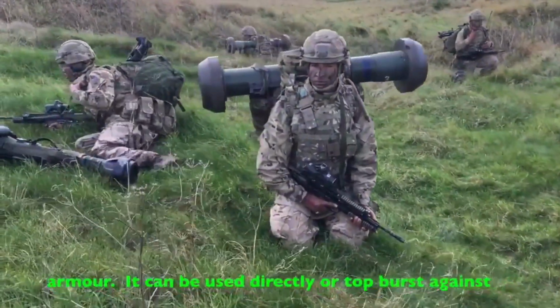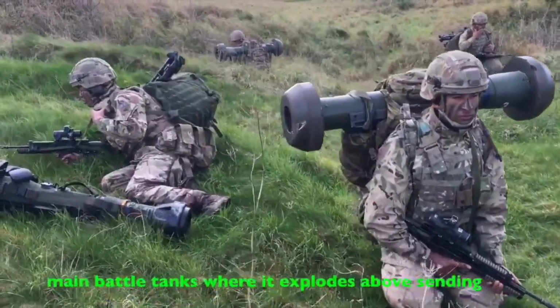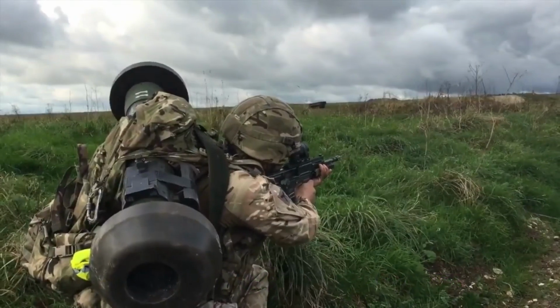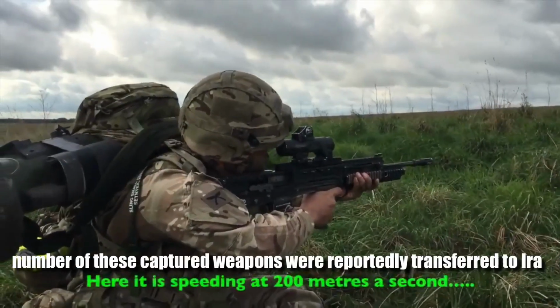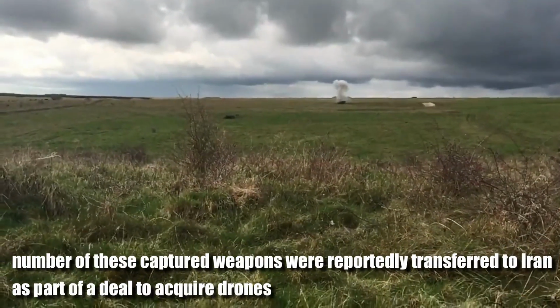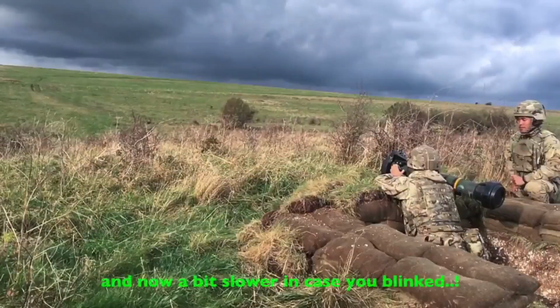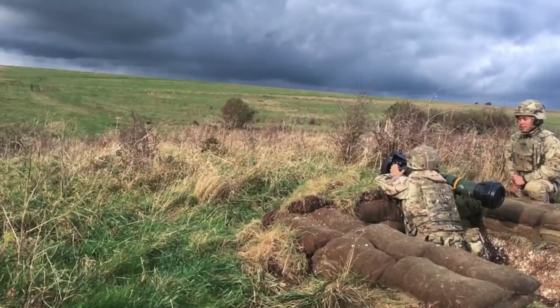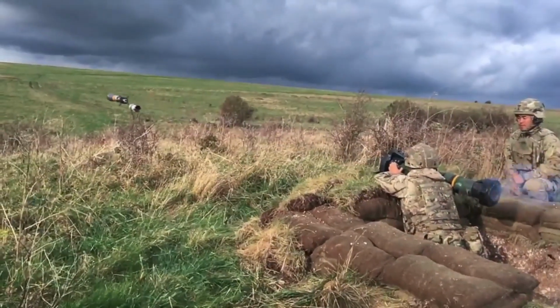An unknown number of launchers were captured by the armed forces of Russia and the pro-Russian self-proclaimed Donetsk People's Republic during the conflict. A number of these captured weapons were reportedly transferred to Iran as part of a deal to acquire drones. In addition to providing anti-tank weapons, the West has also been providing Ukraine with intelligence on the location